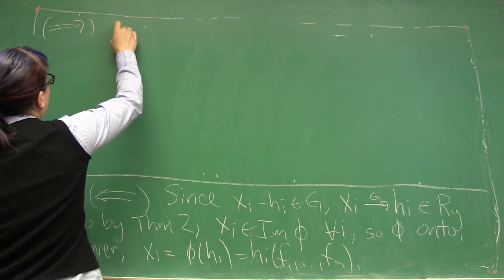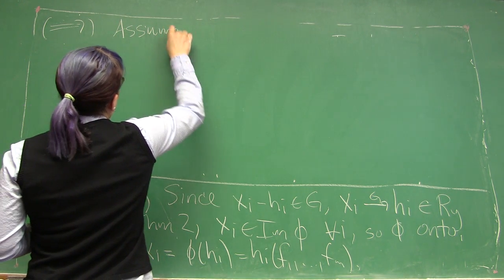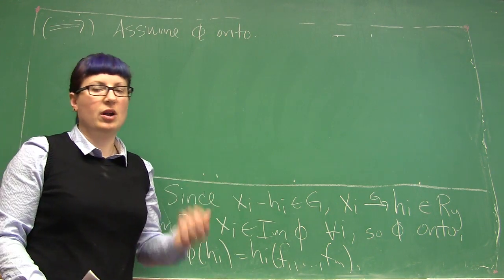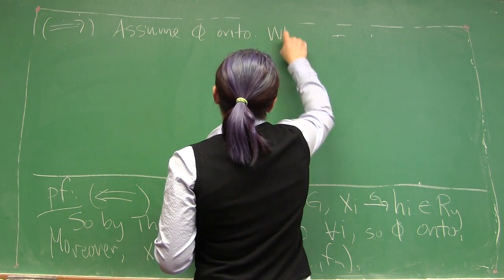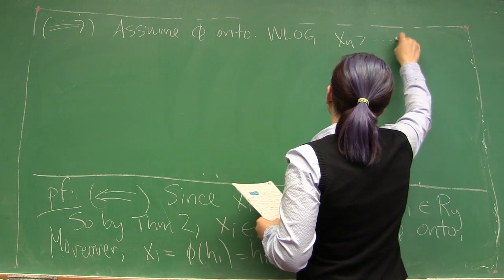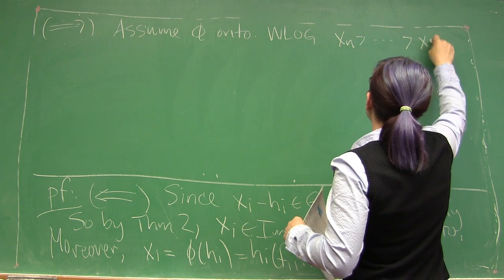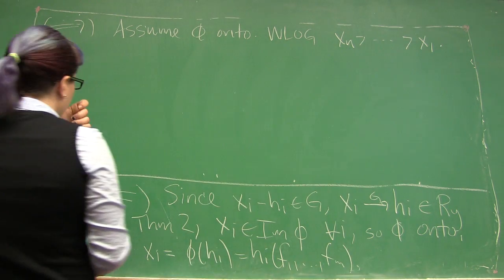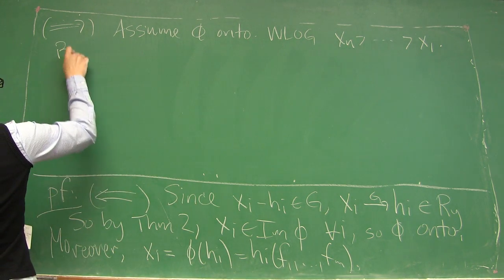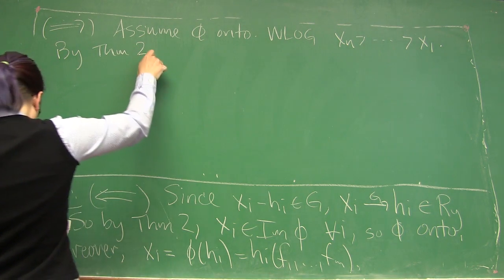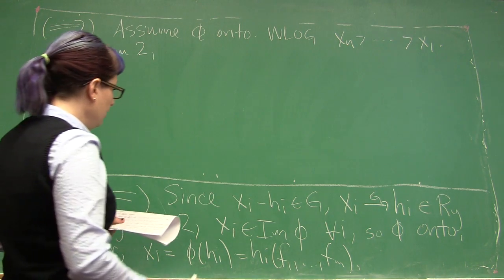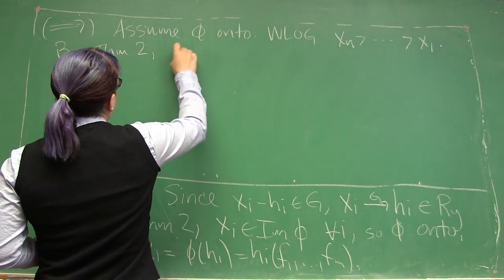So first, we're going to assume phi is onto, but we can also, without loss of generality, give an ordering to our xi variables. So we'll also assume, without loss of generality, that our xn variable is larger than our xn minus 1 variable, etc., down to x1 being our smallest variable in our term order. So by theorem 2, looking at our smallest variable x1, since it's in the image of phi, since phi is onto,